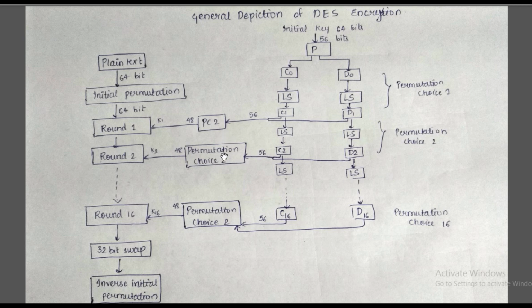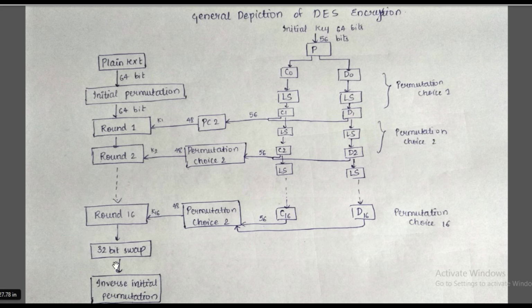After going through permutation choice 2, it gives the output as 48 bits and gives key 2. Similarly after doing the calculations for all rounds, we find K16, or key 16, and give it to round 16. After getting all the keys, we perform the operations and get an output,